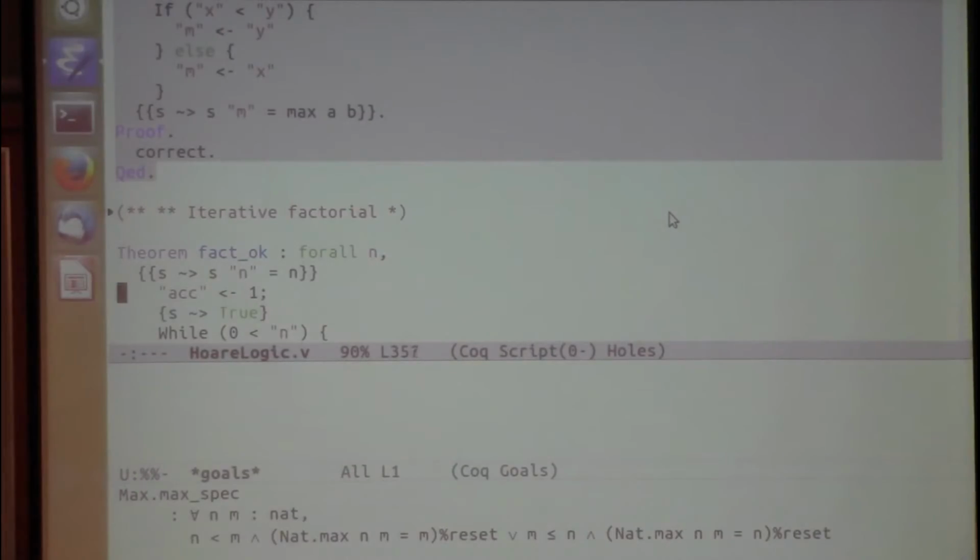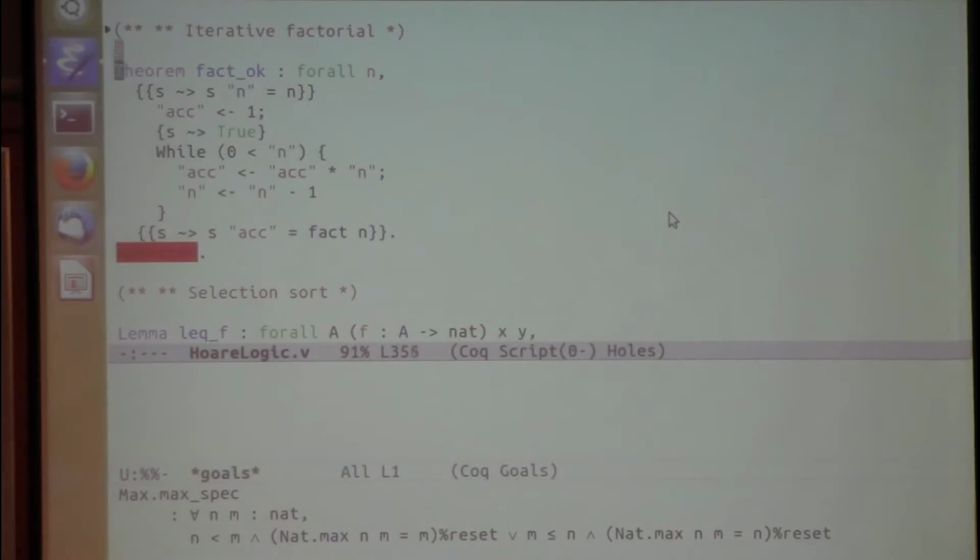All right, so let's get a little more ambitious and once again meet the statutory requirement about functional programming and do something with factorial. So here's a function whose precondition says the starting value of variable n is this logical variable n. And we're going to compute factorial in an iterative way with a loop. We're going to set an accumulator equal to 1, then we loop as long as n is positive. We multiply n into the accumulator, and we also subtract 1 from n. And by the end, we should have it be true that the accumulator holds the factorial of the original n